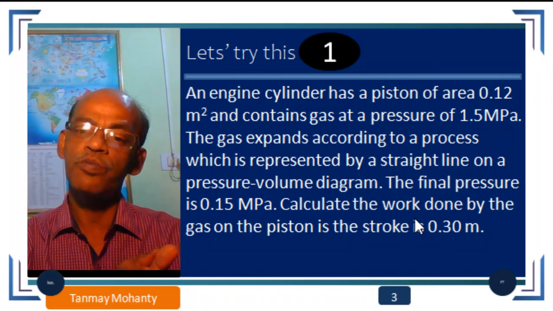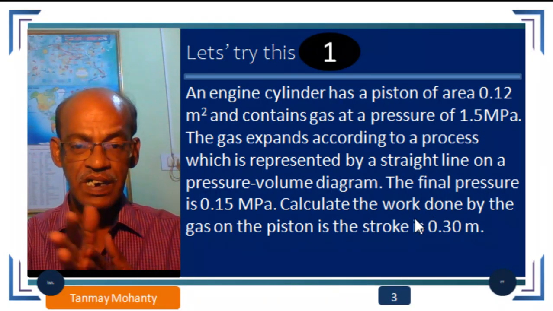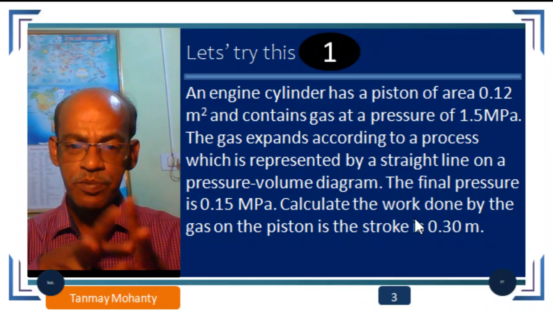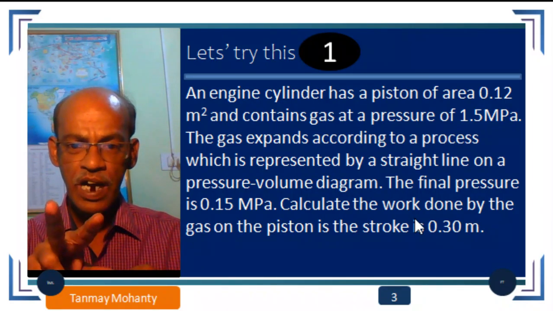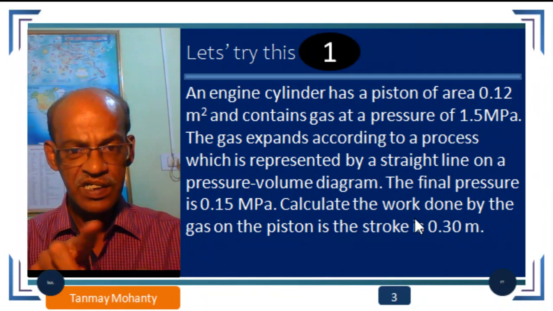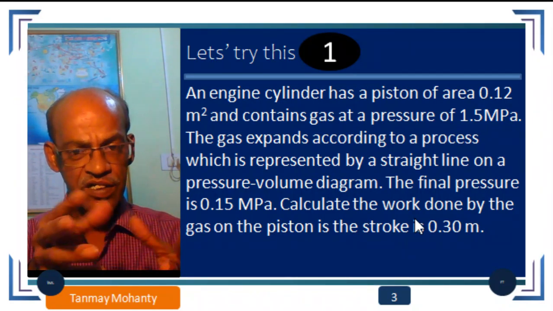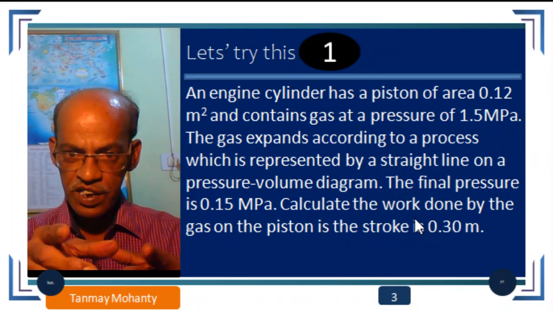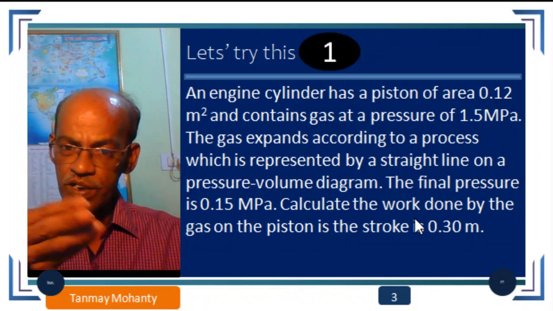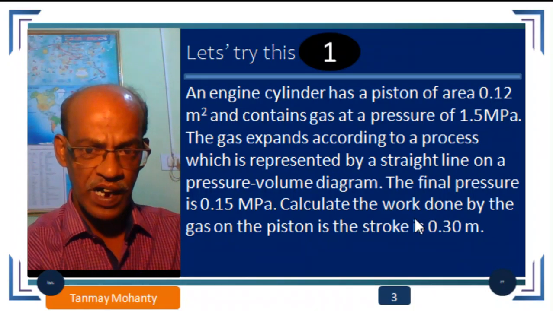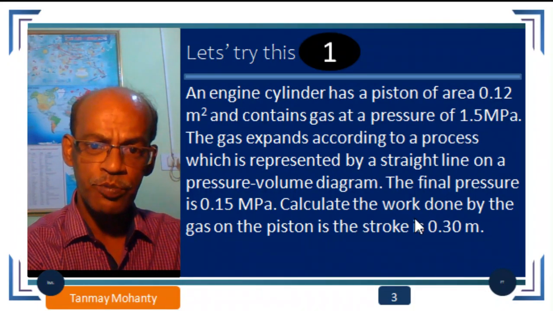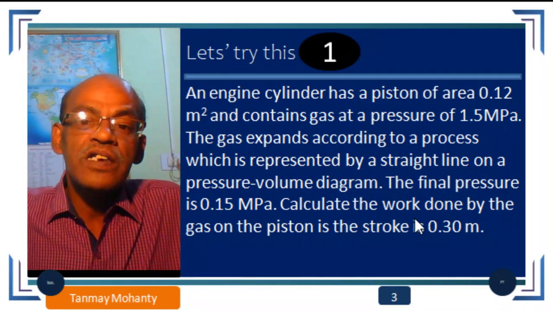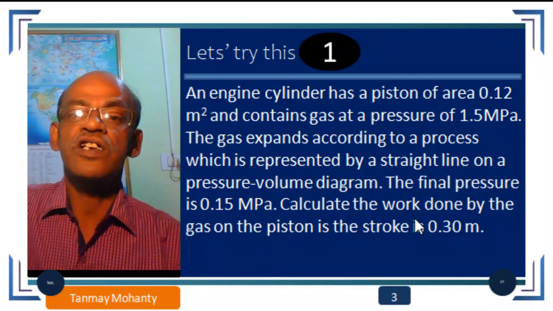Now come back to the fundamental of work now. If you can recall, the work done from pressure volume relation we can find in two ways. One is integrate PdV, another is also the area under pressure volume diagram. Here we can also adopt two methods. One is integration PdV. Suppose we want to do that, then how do we do? Now first is our relationship is a straight line relation.